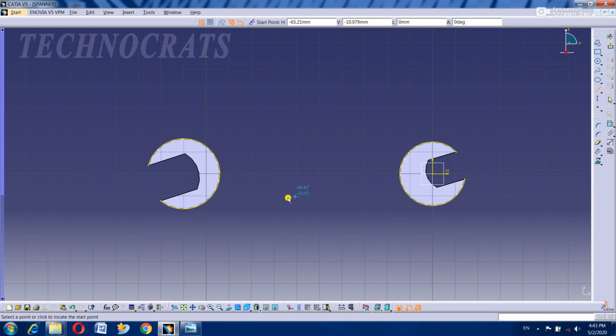Now draw a straight line approximately. Okay, you have to use 3-point arc. So this is the second point and third point. Same here, first point, second point, and